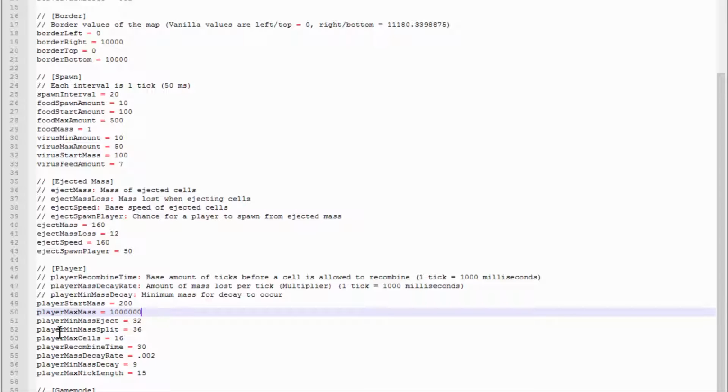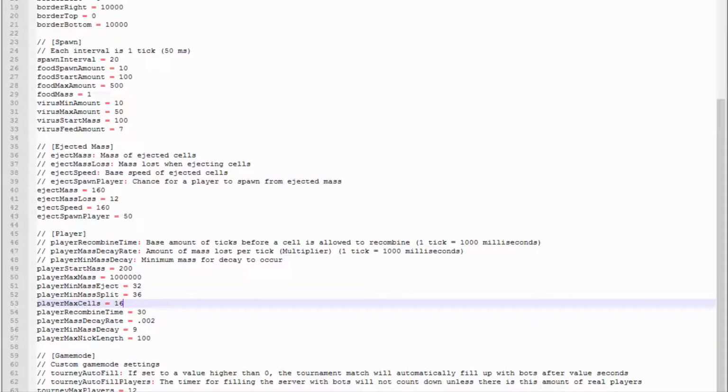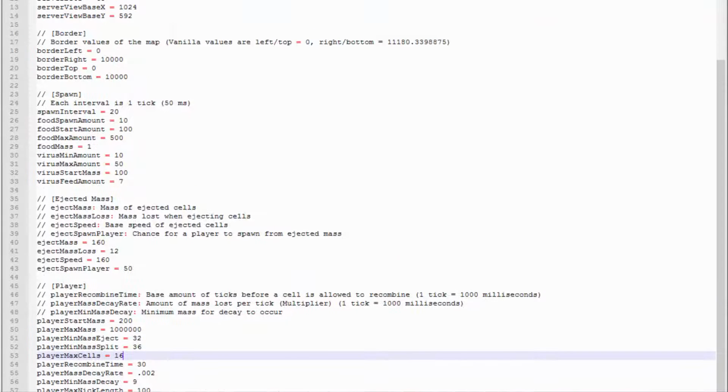You don't have to mess with any of this other than, and you can do this if you want, max amount of nick length will be 100, so people can have really long names. Game mode, this is basically it. So once you've finished all this,